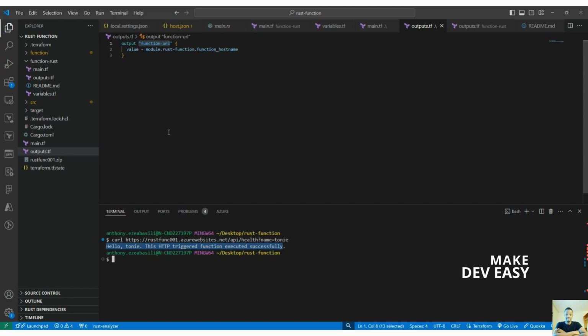And then you can have an idea of how you can structure your infrastructure as code using Terraform, and harness it in such a way that it can be a lot easier for you to collaborate with other developers. Anyways, that will be it for now. Again, we tried to deploy our function using Terraform to Azure Cloud, and I will provide a link to this